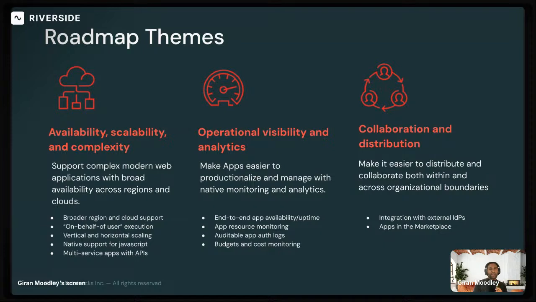Starting with the first, as mentioned, today when you create an application slot, you get two vCPUs and 6 gigabytes of memory. Again, very lightweight by intent, but for some use cases we need to scale that up. So it's very critical that we have a way to resize it for a scalable workload, as well as vertical and horizontal scaling and cloud region support. And key things around authentication: we talked about on-behalf-of-user authentication, which is going to be really critical for interacting with datasets through Unity Catalog as well.